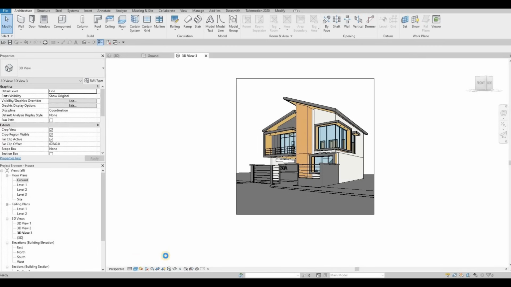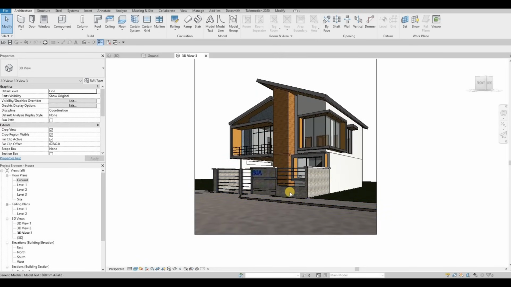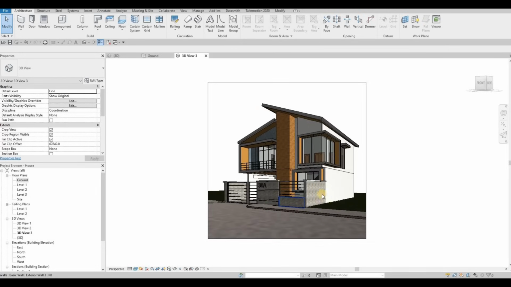You can even try the realistic and it will look like this. Of course, the materials that we use, that's not the final one, but we could just do a basic rendering so that we could put it into our cover sheet. So after that, let's create our